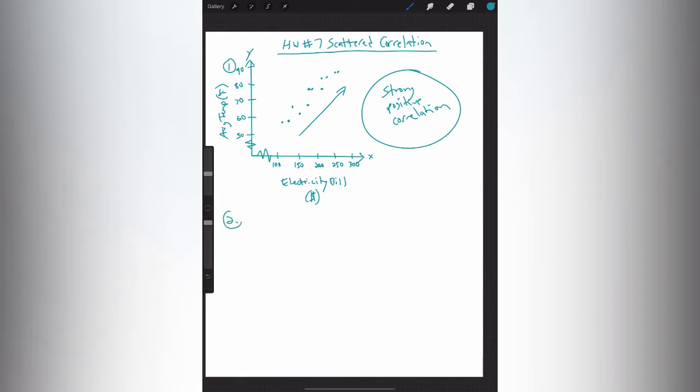Number 2. Number 2 says, make a scatter plot and draw a trend line by hand, no calculator. Same directions as, actually not the same directions. It says draw a trend line. So I'm not describing the correlation. I'm going to draw a trend line. So let's go ahead and do that. All right, so I'm going to go ahead